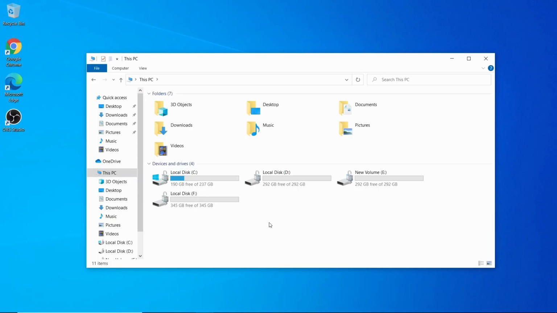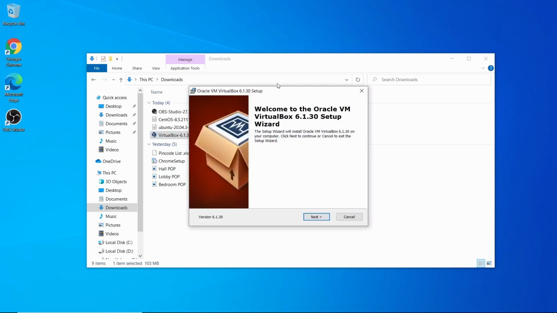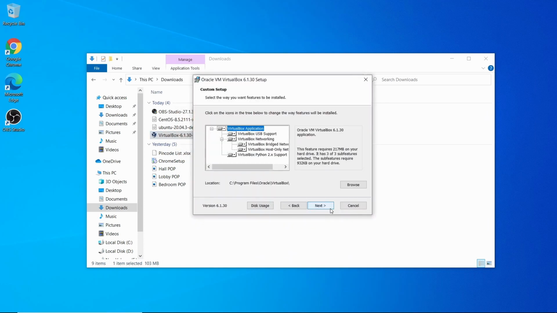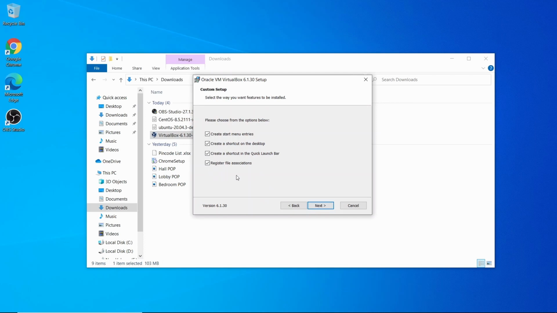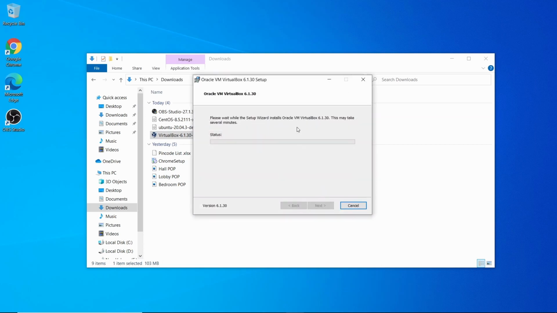Now what I will do is I will go to downloads. The first thing you have to do is install VirtualBox. Just double click on the application exe file. So it will give you this kind of setup wizard. Click next, click next. You can leave it as it is. Click next. This will give you some network interface warning. So yeah, you can proceed it and click install. It will ask whether you want to allow this app to make changes to your device. Click on yes and continue. Once the VirtualBox is installed, I will be back.